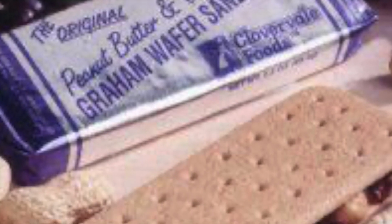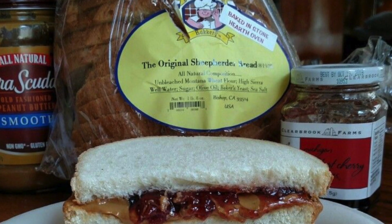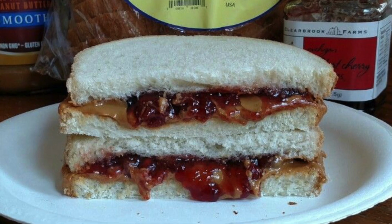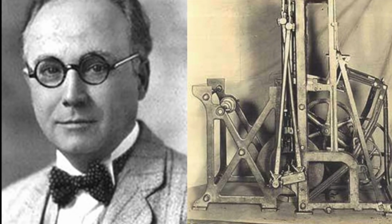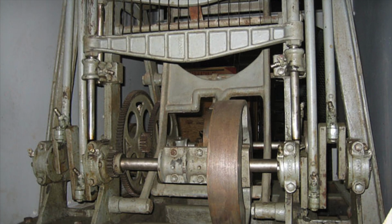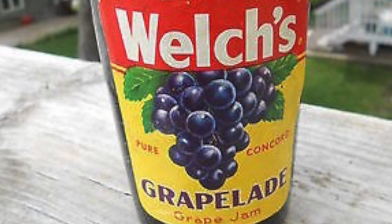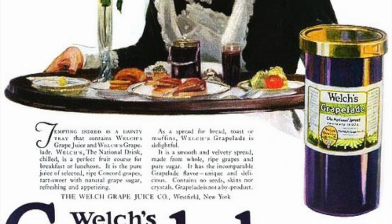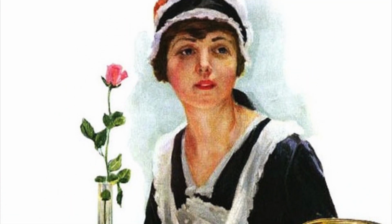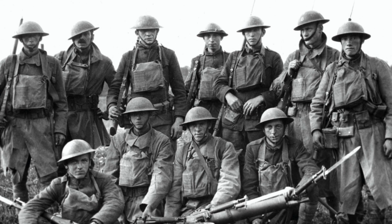The history of the peanut butter and jelly sandwich starts rather late in American history, but would have never reached its social prowess as the quintessential American sandwich without the creation of sliced bread by Otto Frederick Rohwedder in the early 1900s, and the creation of grape-alade, the precursor to jelly, by Frank Welch in 1917. Throughout the First World War, grape-alade on sliced bread was a favorite snack of many soldiers. It was cheap and it was easy to carry, and by the end of the war, the fad had spread